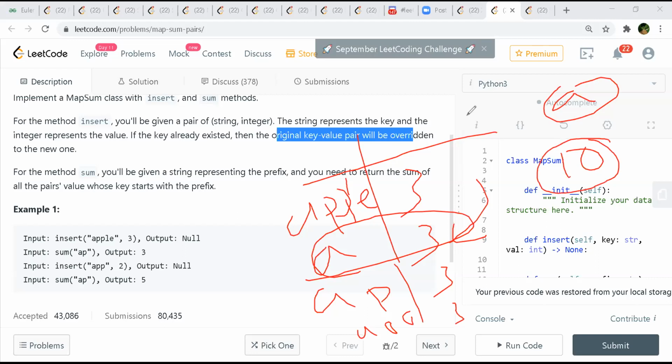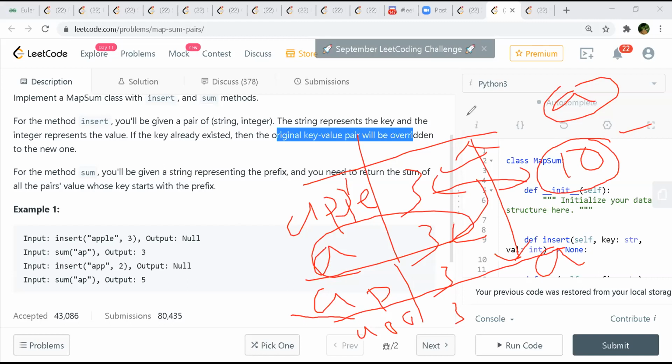Right, but we'll just get the difference, what is the difference of this value and this, and add it to whichever prefix we have to change. Okay, so what you are trying to say is you take the difference between the original value and the current value and just keep on adding that difference, right? Yeah. Then that is actually a better way of doing it.